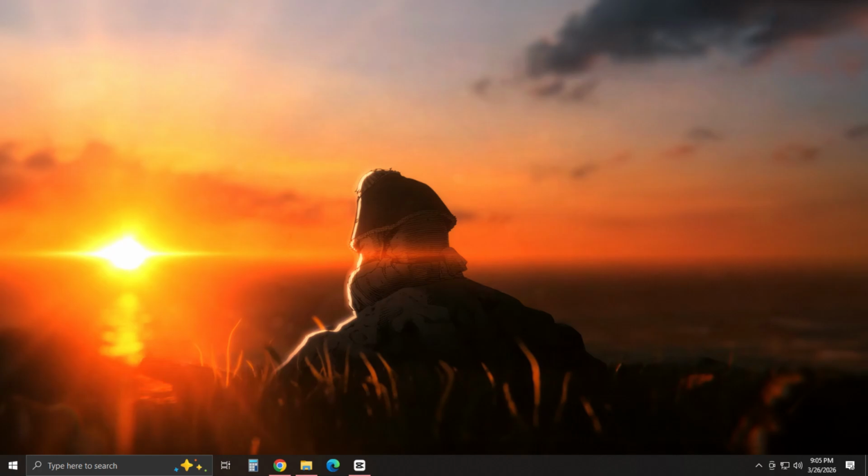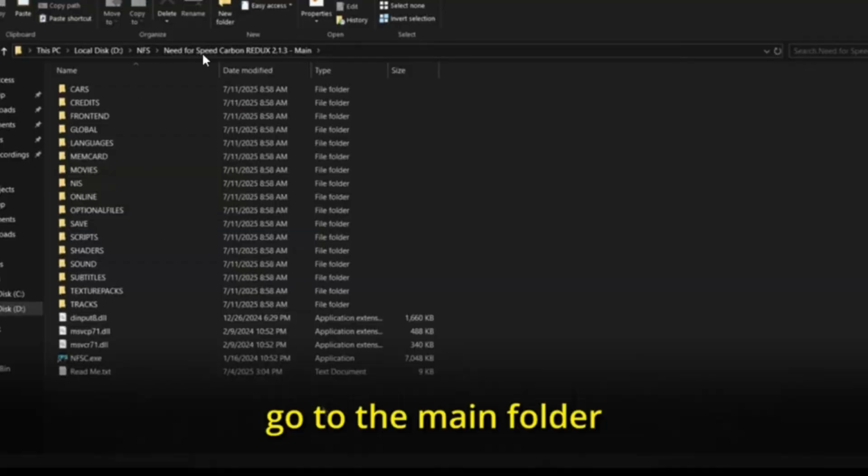How to enable language selection in Need for Speed Carbon and Most Wanted. So how to do this? Let's get started. First, what you need to do is go to the main directory of the game, and once you're in the main directory you need to open this scripts folder,